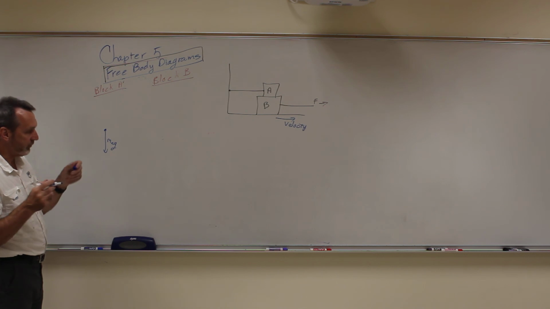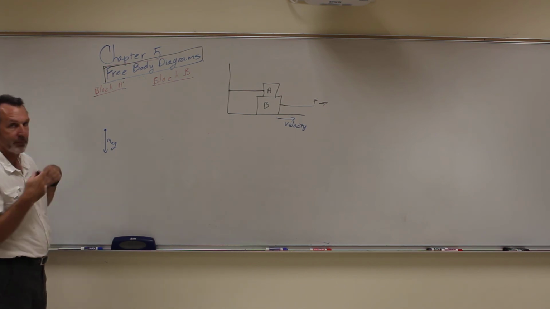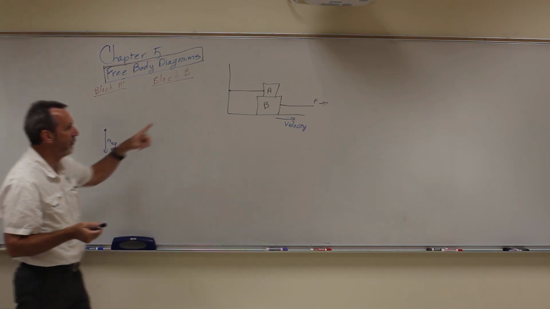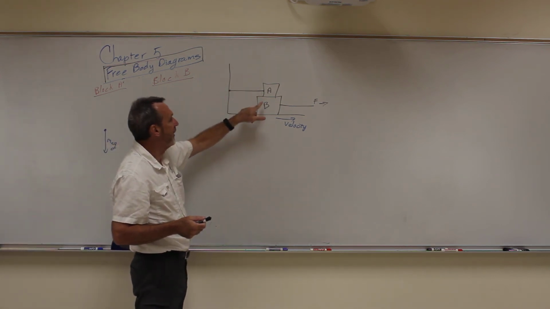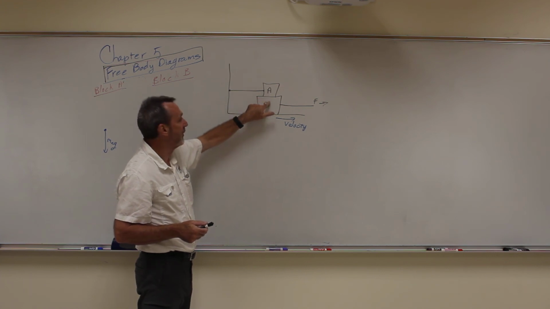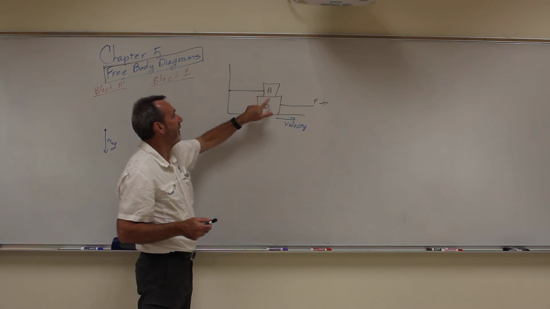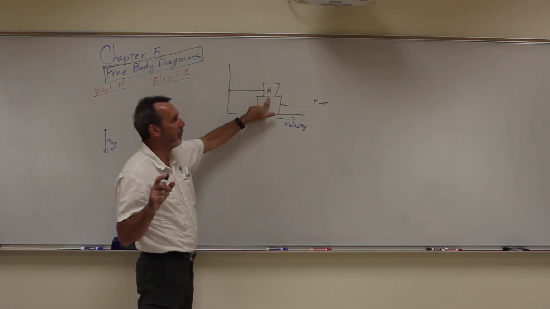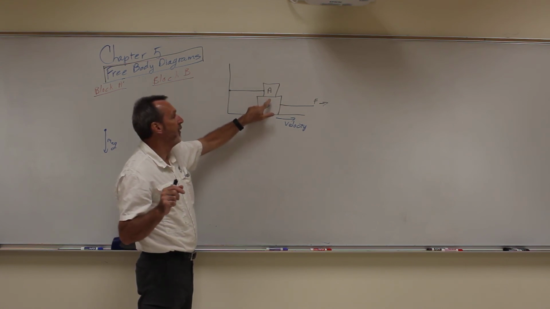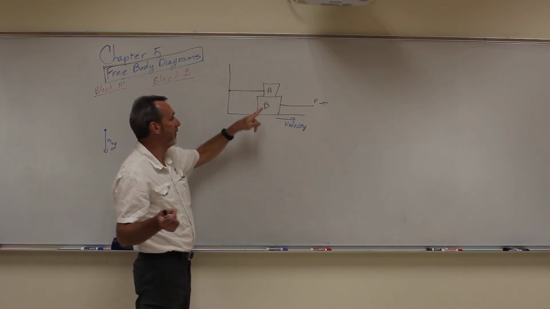All right, couple of things here. When you have two blocks that are touching each other, between these two blocks is what we call a contact force. Okay? The force between these two is a contact force. Now it's just like a normal force, but we're not going to call it a normal force because both these blocks can be moving, right? Or in this case, block B is